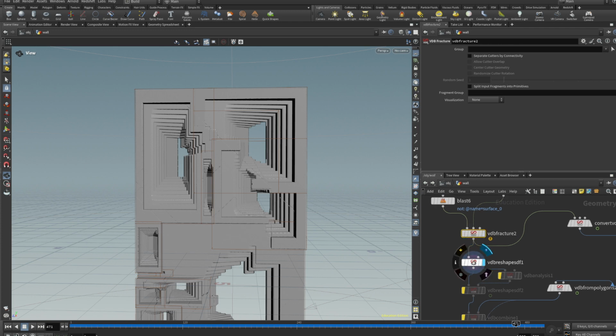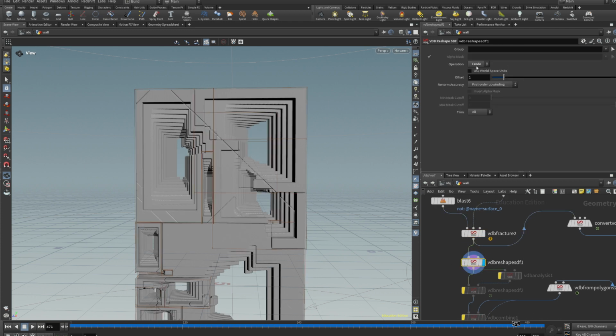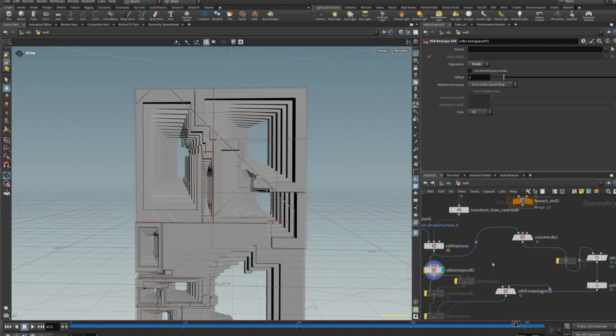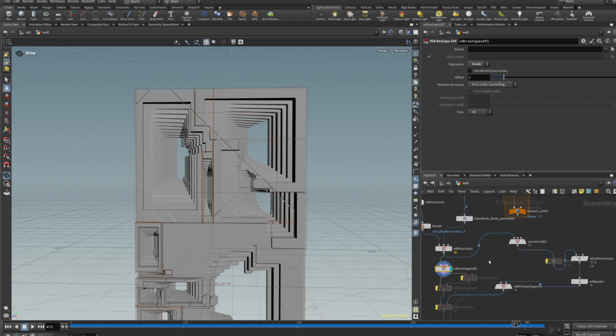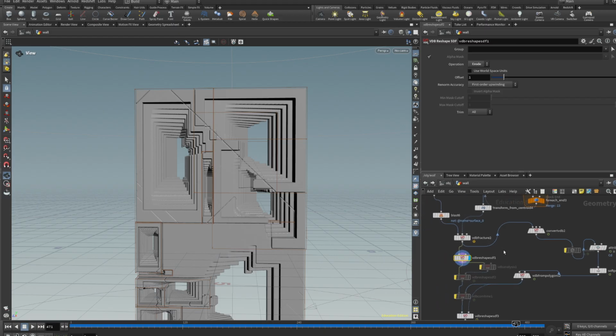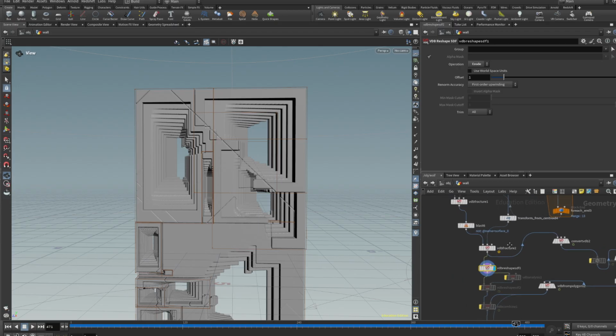Then we're gonna use the VDB reshape node with erode to get this effect. So when I go to 0, you see there's nothing, and then 1, there's a bit of a gap, a bit of a, I would say Fuge in German. What is this in English? I don't know. Someone might know, or you all might know. I don't know. And to just get a bit more detail, and of course you can choose a different geometry,